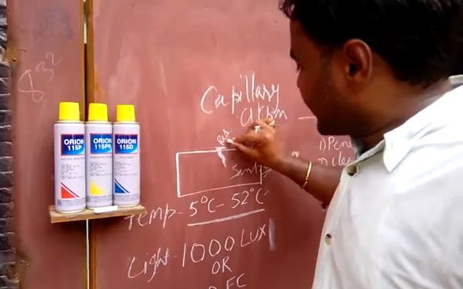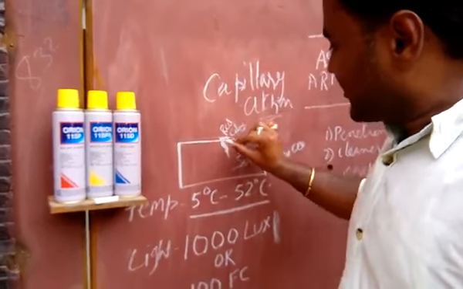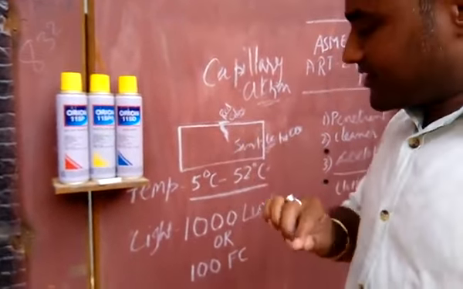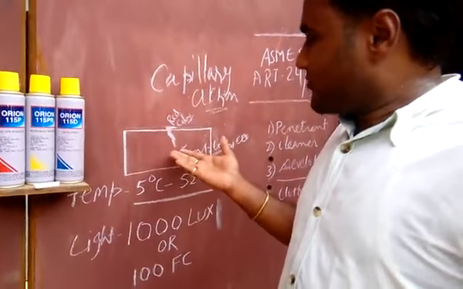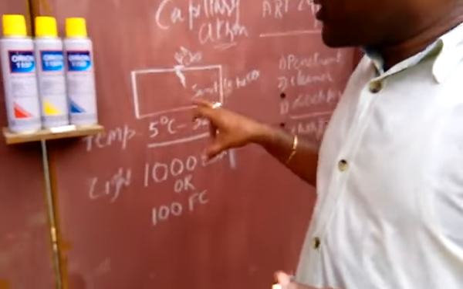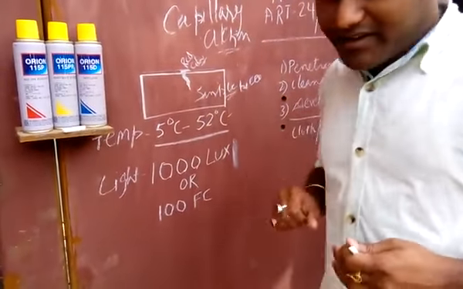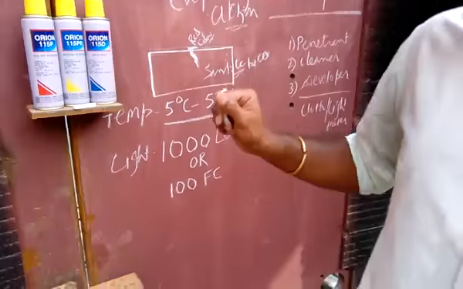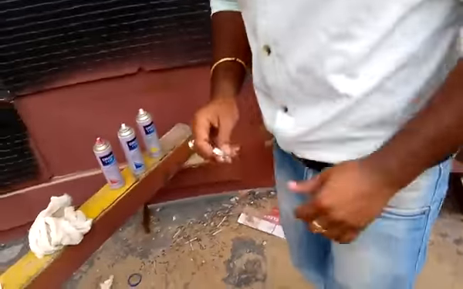It will appear as red color. This crack will appear in a very sharp red color. That penetrant will be sucked onto the surface of the developer. So this is the basic theory of the dye penetrant test. Now we'll carry out the dye penetrant test on this surface.